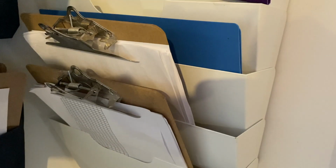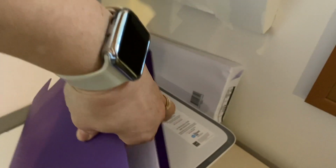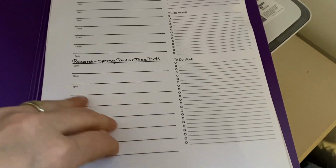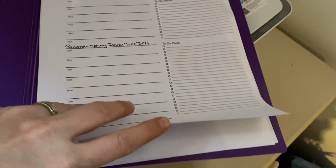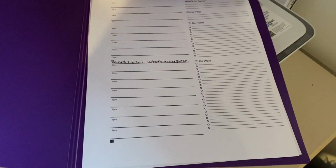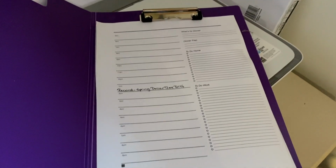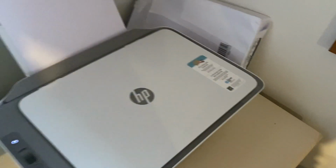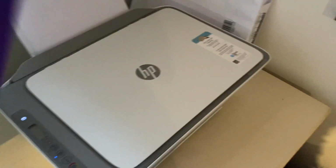What's this? I think this one's empty. Oh, these are my daily sheets that I had actually created. I had completely forgotten about these. I was just thinking whether I was going to buy a daily planner, or if I should try to go without. Maybe I'll try to use these sheets for the day and see,